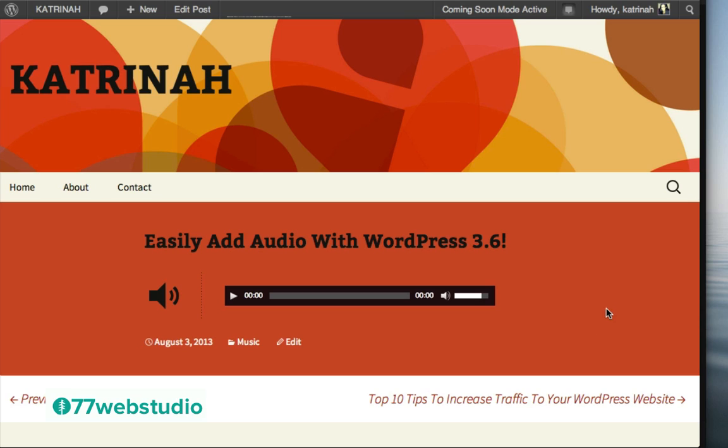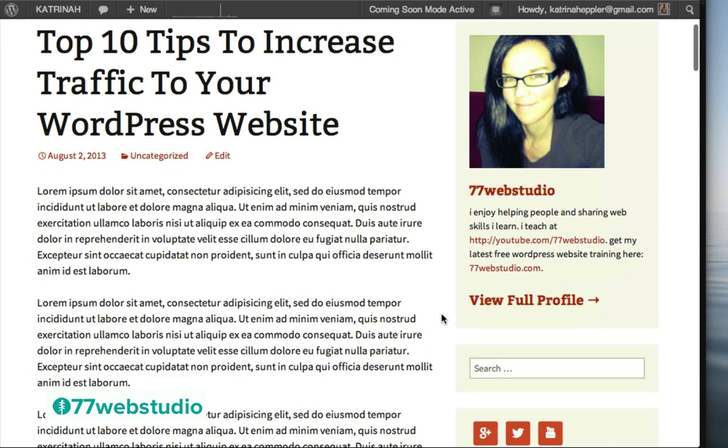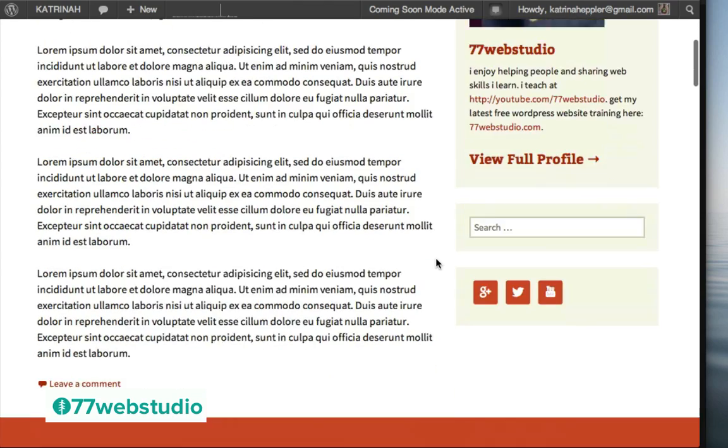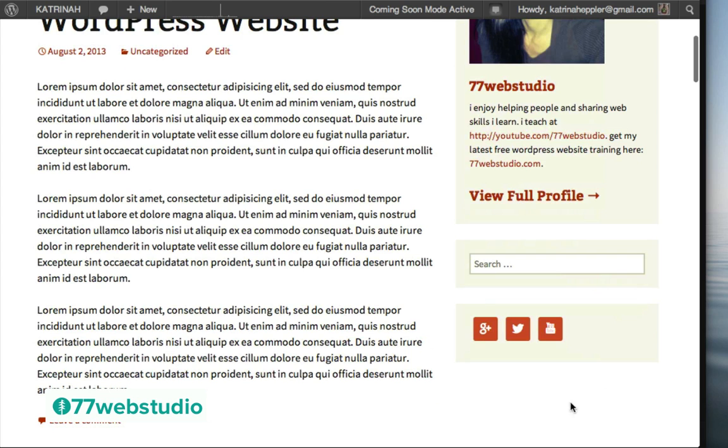So I think we've gotten the hang of how to create blog posts along with the different blog post formats. In the next step, let's go ahead and add the sidebar with the custom content in our sidebar. So what we want to do is here I have my completed website, and we want to add this content here in the sidebar, including the gravatar and then a search box and then some social network icons.